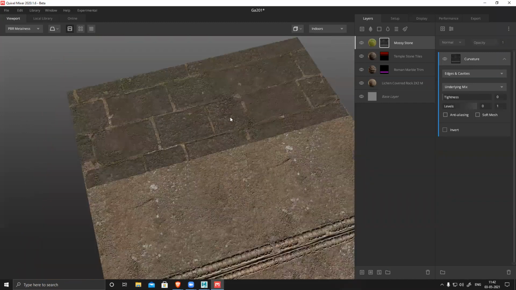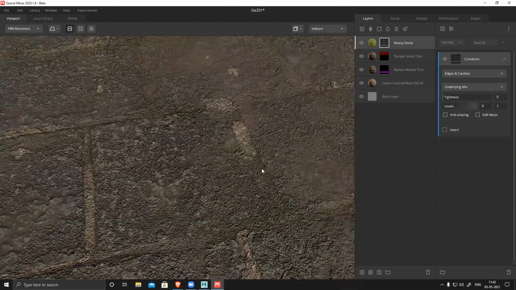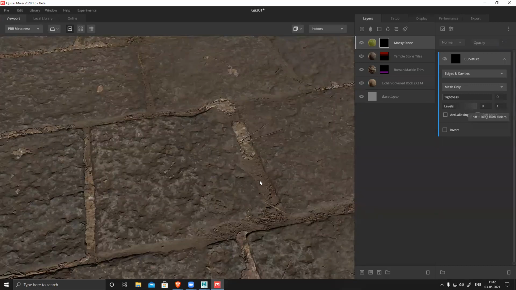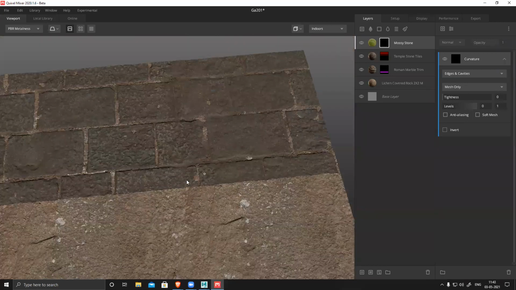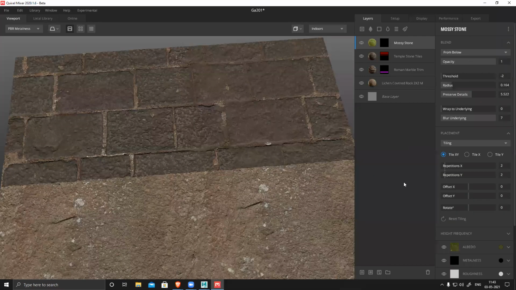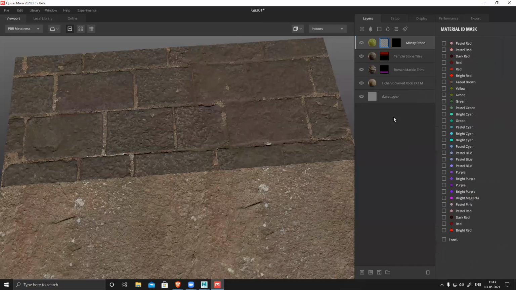Underlying mix. So based on the underlying layer, it will mix everything, or only the current layer. Can we mix stack mask with the ID, material ID? With the material ID. So we are using material ID to apply a particular texture on a particular ID, right? Yes, yes. You can add. You can see. Suppose I want to add